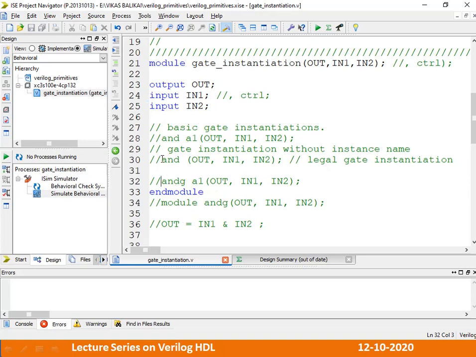just see the difference from when you were simulating the predefined AND gate. I was telling you, whenever you make any small changes, you have to save it. When you are simulating your own AND gate, look at this particular term. There is only one program, gate instantiation, and in that you are trying to simulate the AND gate, whether it is a predefined AND gate, with the instance or without instance. Again, I'll save it. There is only one top module or only one main gate. Now look at this particular key. Please keep an eye on this particular term.